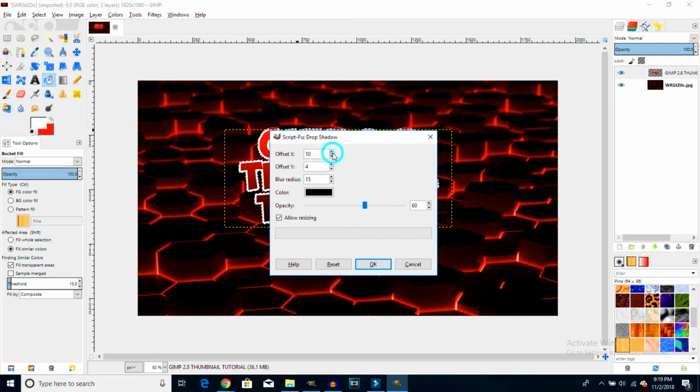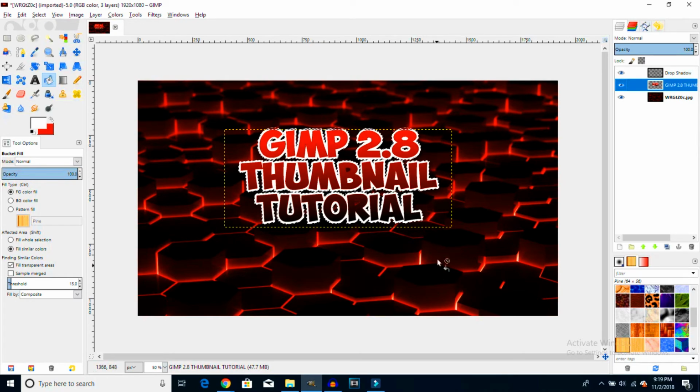The best settings would be offset X 8, offset Y 8, and the blur radius should be around 35 to 40. I like to do 36. Make sure the color is black. Make the opacity all the way to 100, and make sure you uncheck this box because it's gonna mess up your lettering. Press OK. Now you might not be able to see it, but